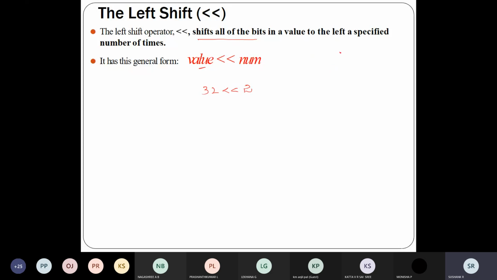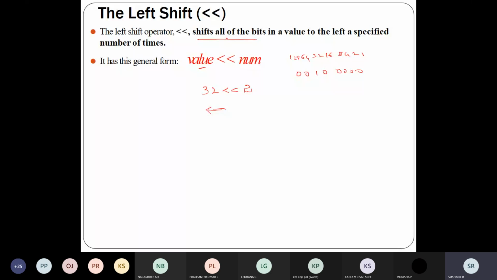What is the binary format? 1, 2, 4, 8, 16, 32, 64, 128, so 0 0 1 0 0 0 0 0. Now the 32 will be shifted to the left side by 2 bits, so it will be shifted 2 times.